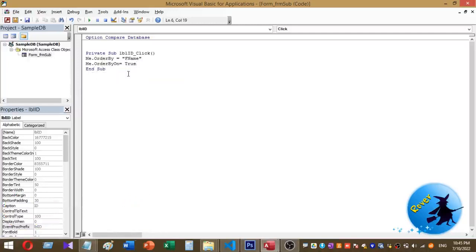I added this VBA code for sorting the data, and this is to change the font color of the label. When I click the label name to sort the data, the font color also changes accordingly. So what is the code to change the font color? Again type me dot